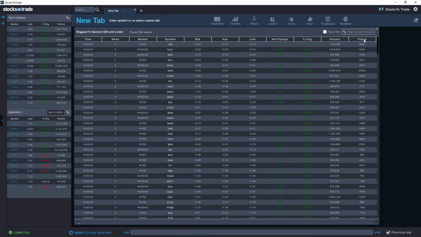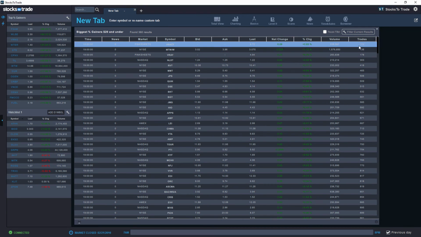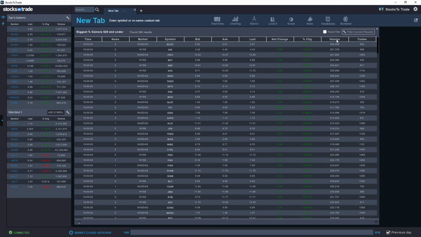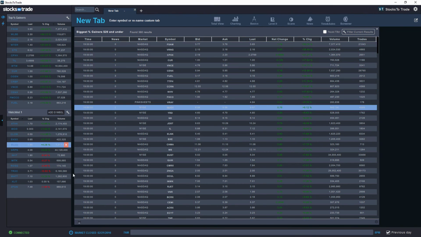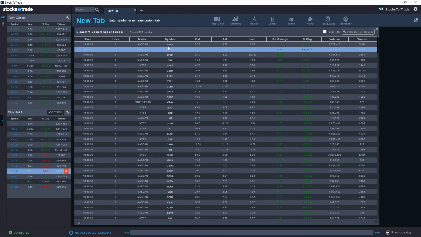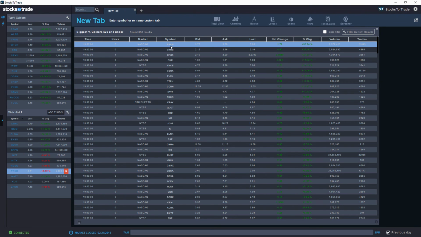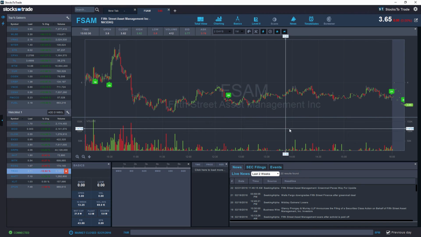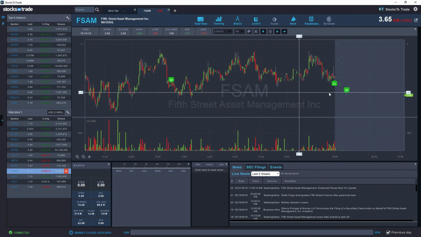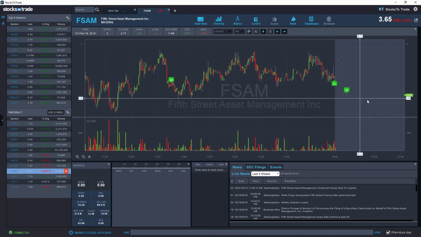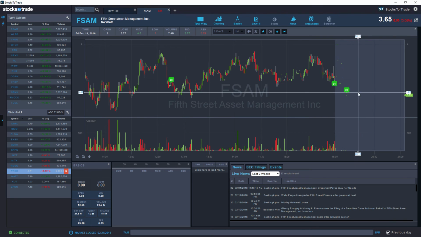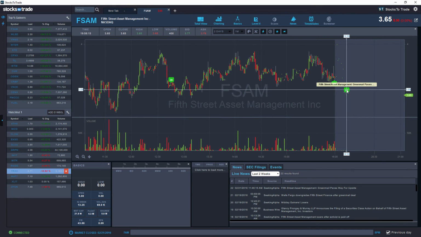You can take a quick look over here. For number of trades, the minimum you have is 112 and the lowest volume is 200,000 if we sort by volume. Let's order by percent change descending, and you can see here the biggest percent gainer actually was FSAM. Let's take a quick look at the chart currently available for FSAM, and actually there is news that came out today, February 21st at 11 this morning, appearing right over here,